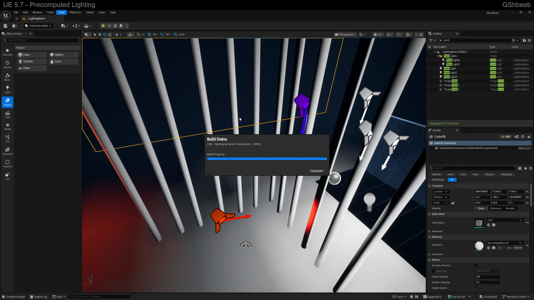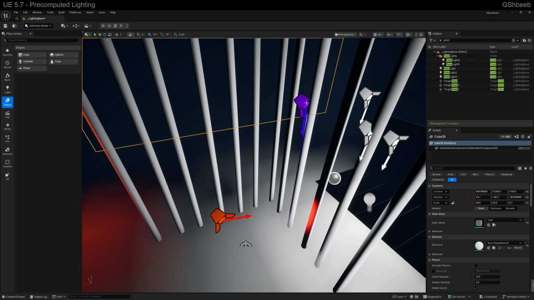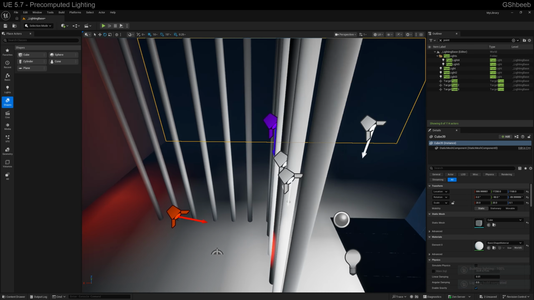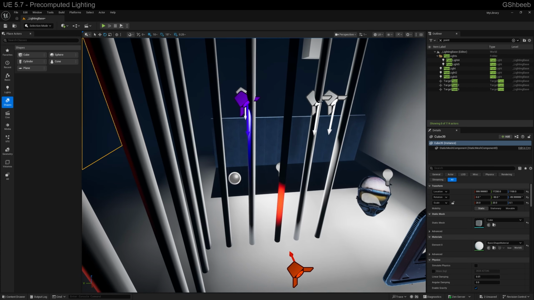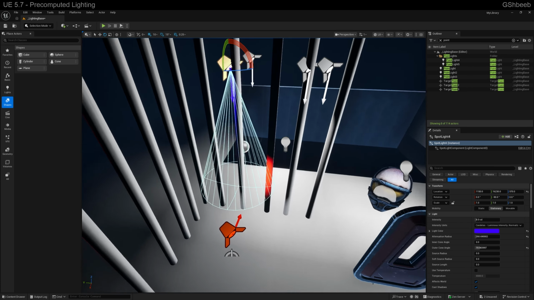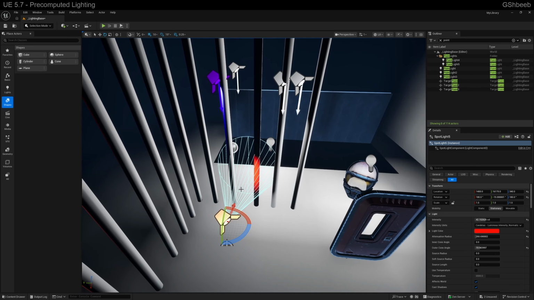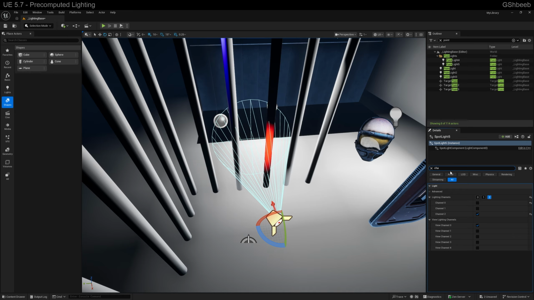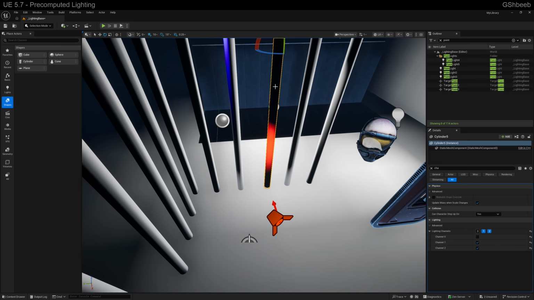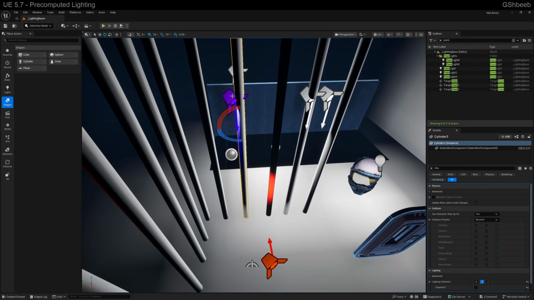And I may run into that issue where some of the lights aren't being drawn because I've now pointed this guy back in some of these other surfaces, and so it may cause a lighting overlay. So when I come over here, you can see that this light should very readily be affecting this surface, and this light should be affecting this surface, but because I've put them in different channels, this is only broadcasting on the 2 channel, and this is receiving 1 and 2, and this is receiving only 1, and this one is